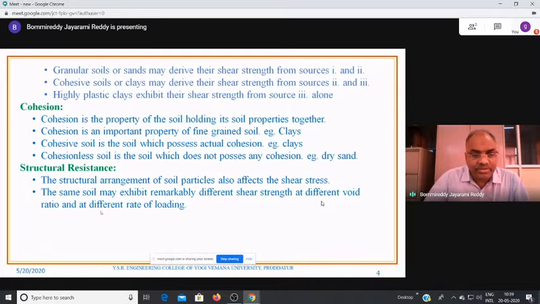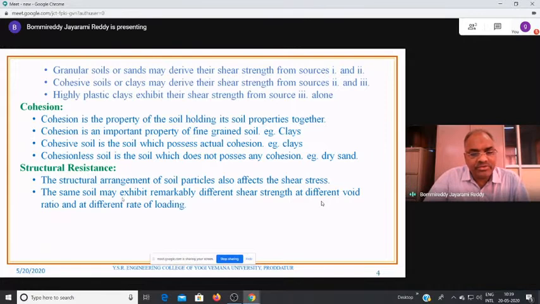And another parameter is structural resistance. This structural resistance is the structural arrangement of soil particles, and normally it affects the shear strength. Already I told you the soil may exhibit different types of properties, though the soil is the same. So it will exhibit different shear strength parameters at different void ratio and different rate of loading. So that means